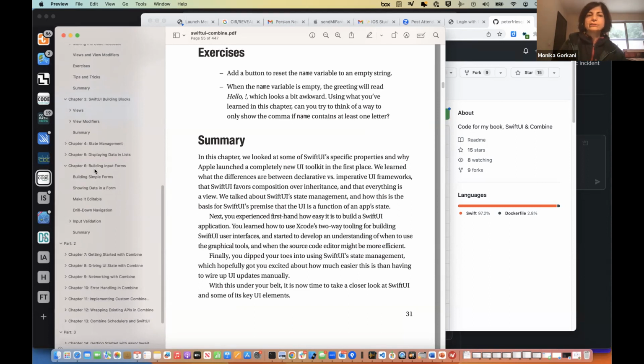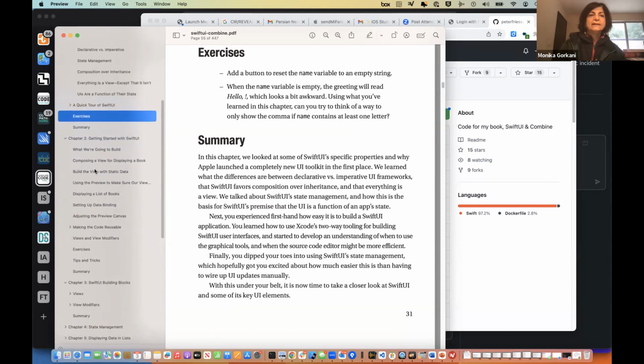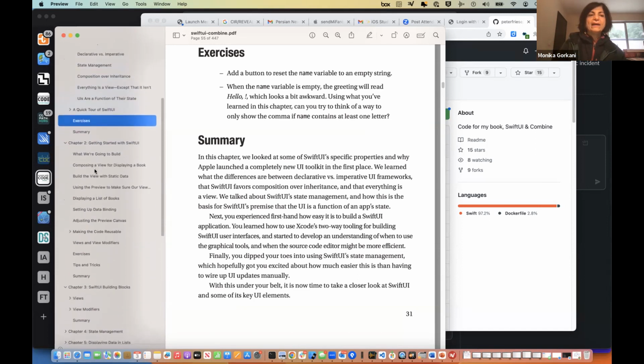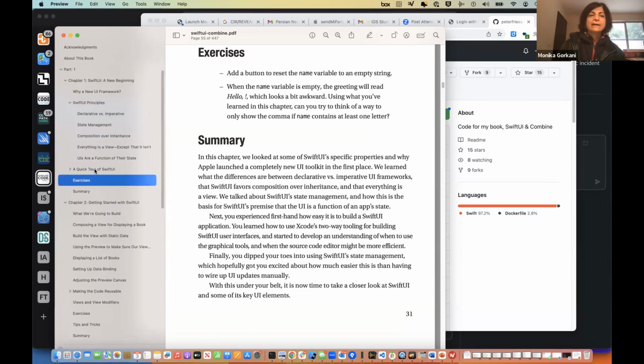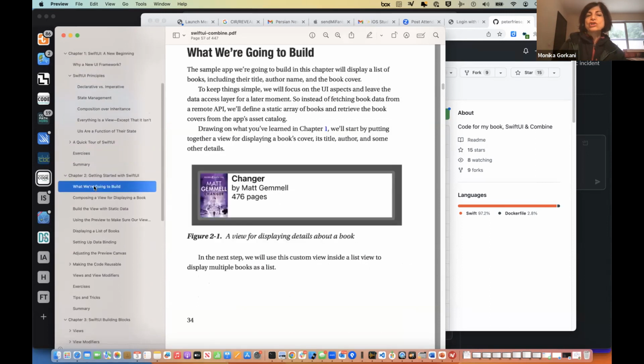The way the book is organized, which I really like, is that it's a little project based. He starts with a very simple